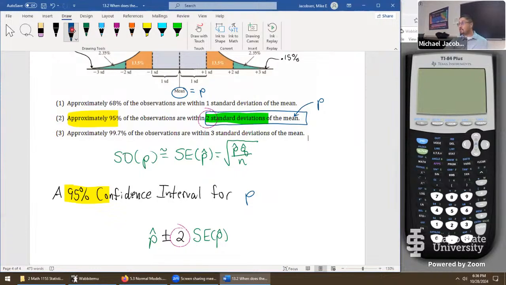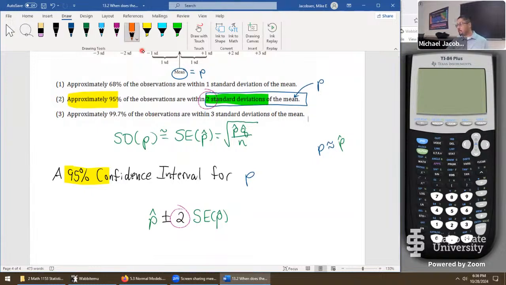It contains 2 things. We always know that p is approximately equal to p hat. We knew that from day 1 of the class, but this is done a little bit more. This confidence interval for p says, if you add 2 times the standard error to your statistic p hat, and then subtract 2 times standard error from your statistic p hat, you're going to get an interval of numbers for which 95% of the time, the unknown parameter p is within your interval. So this is a method that works 95% of the time.